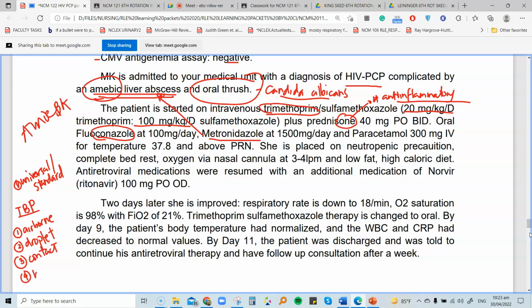Number 4, you have your bloodborne precaution. Number 5, you have your neutropenic precaution. Understand? From the term transmission-based precaution, your safety measures are dependent on how the disease is actually transmitted